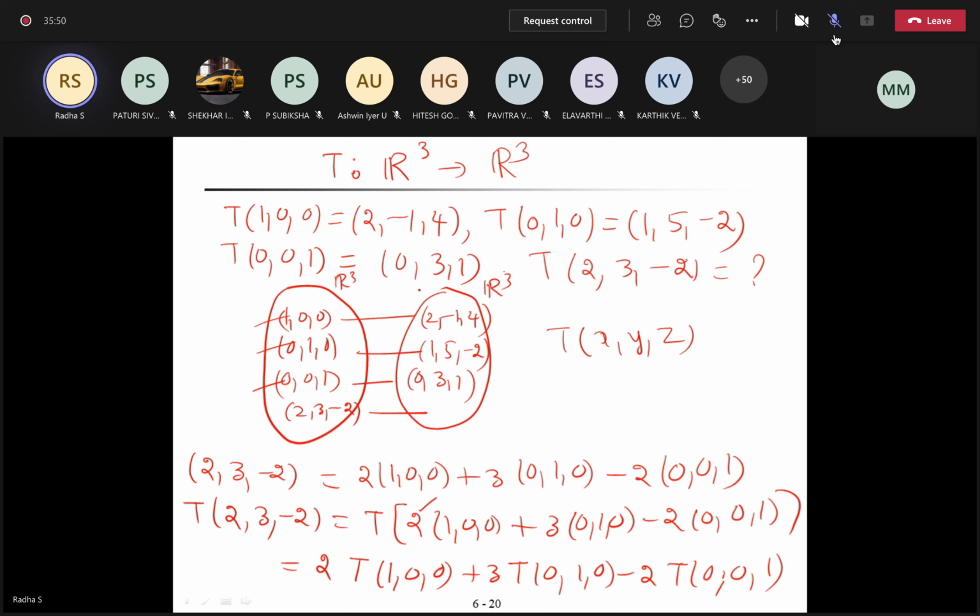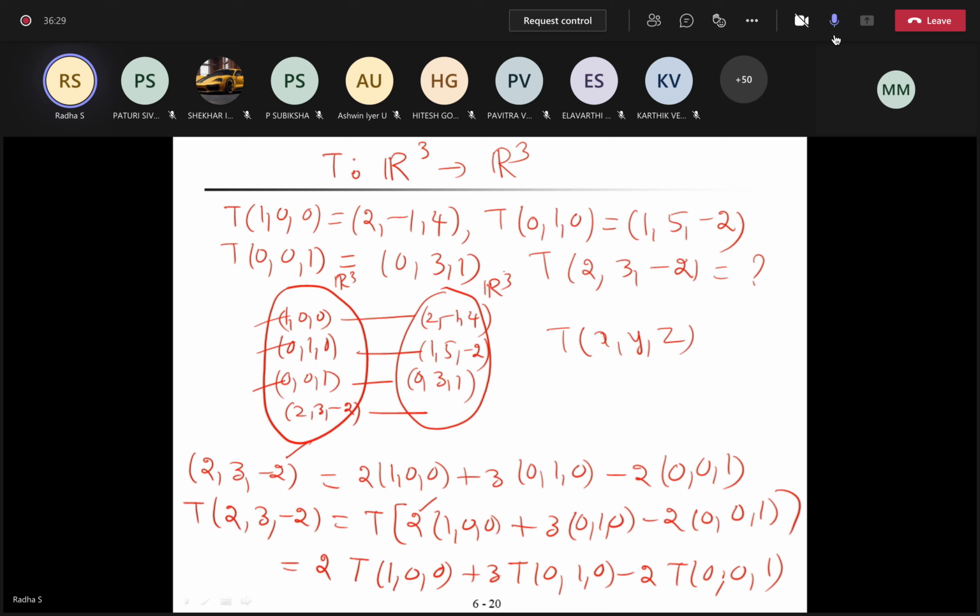So whenever you consider arbitrarily any point x, y, z in R3, where does it go? Because they have given where 1, 0, 0 goes to. So they have given where all the standard basis vectors go. But we should know the generalized vector. Any x, y, z, where does it go? Any idea how to say this? How do you write this? Can you please think? Because they have given where 1, 0, 0 goes, 0, 1, 0 goes, 0, 0, 1 goes. So with the help of this, can you please tell where x, y, z goes?